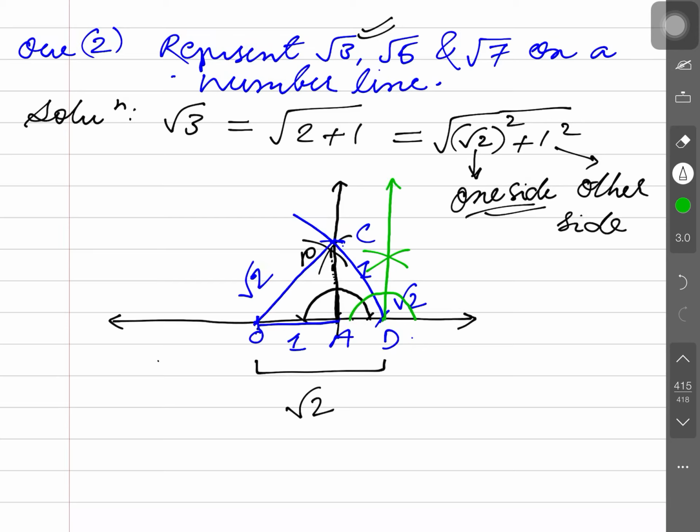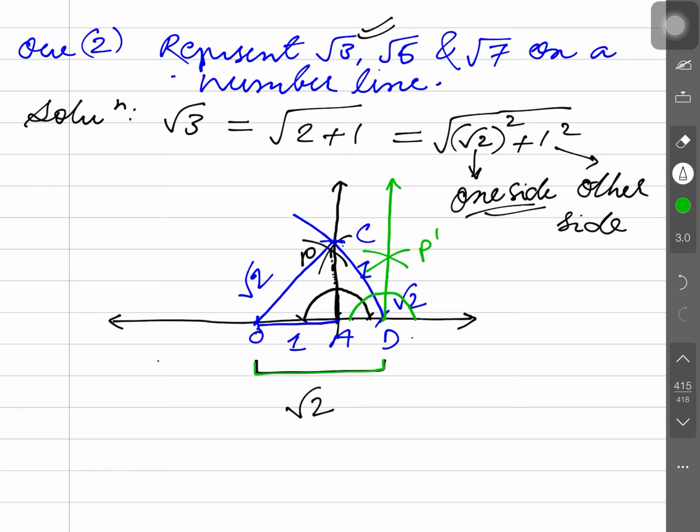Clear? An arrow is to be put here because the line can proceed infinitely. The name of this point we can take as P dash. Don't worry about the labeling, P dash, Q dash, ABC, any symbol or alphabet you can use here, because this is not part of the solution. You do not need to write down the information about the symbol you are using. Again you have drawn a line here. Now this is root 2.